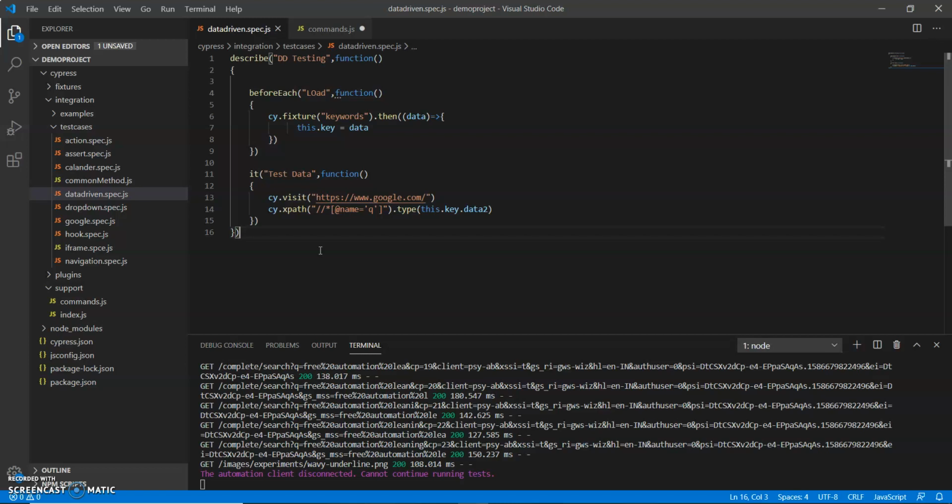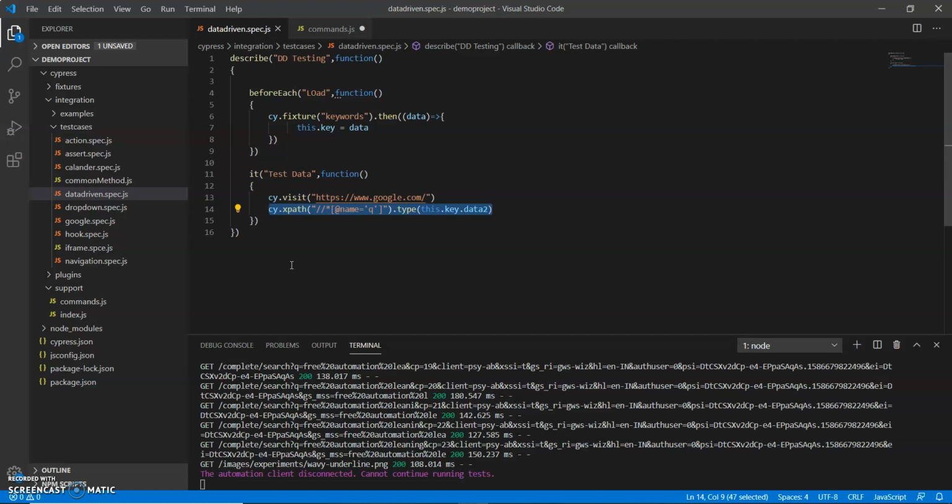In this test script, I am using a data driven approach and entering different data in my application. I'm opening google.com and searching different data by using the data driven approach and entering it into the search field. Now I'm making this part a common method, so that if I need to use it in different test cases, I do not need to write this line of code again and again.